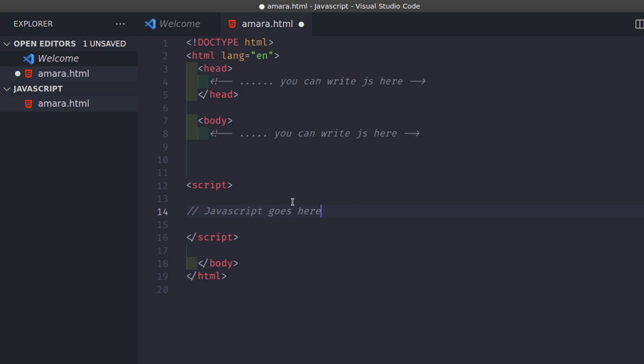I'll explain it, but you can see the comments inside. For example, the shortcut for commenting in JavaScript, commenting in code, is